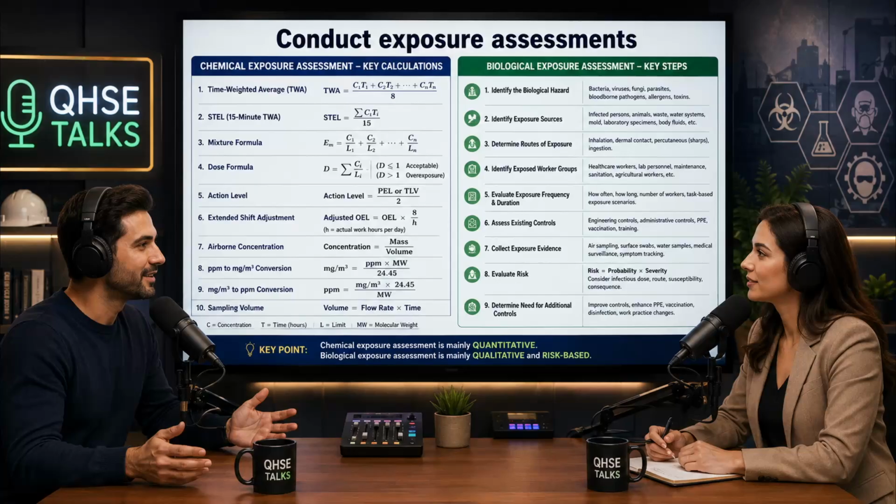They're highly sensitive to air velocity. You mean wind? Yes. If a worker is standing in a dead air zone with zero wind, a boundary layer of clean air forms immediately over the badge's membrane, starving it of the chemical and yielding a falsely low reading. What about high wind? Conversely, extremely high winds can force excess chemical into the badge. They are also vulnerable to high humidity, where water vapor can saturate the charcoal pores and physically block the toxic